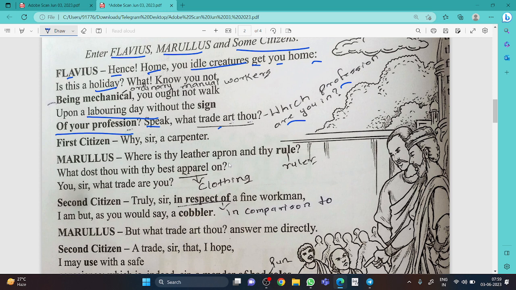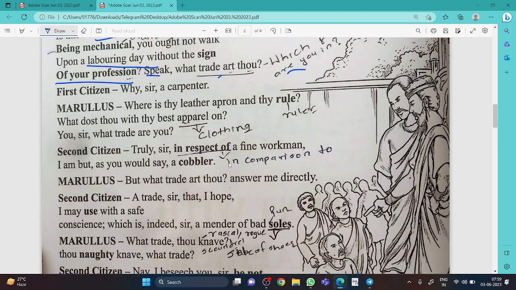What trade are you in? Means what profession are you in? First citizen said, why sir? A carpenter. I am a carpenter. Carpenter everyone knows. In Hindi it is called badhi, but carpenter. Understood? Next,